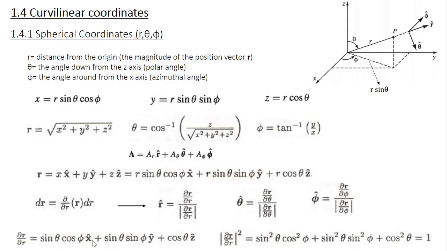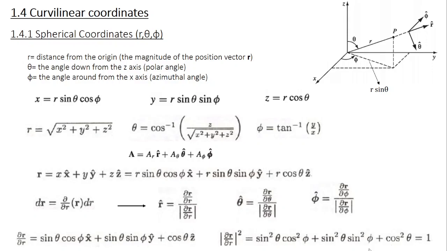So how do you calculate the dot product? Just take the product of similar terms. So you have sin θ cos φ, take its product with itself. So you have sin²θ cos²φ plus sin²θ sin²φ plus cos²θ. Take the first two terms, sin²θ is common, take it outside. So you have sin²θ into cos²φ plus sin²φ, which is 1. So 1 into sin²θ, sin²θ. And here you have cos²θ, sin²θ plus cos²θ equal to 1.